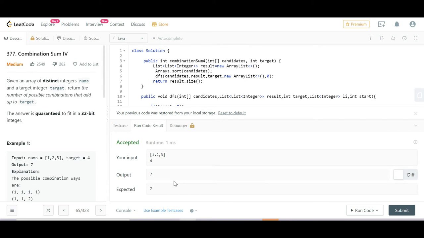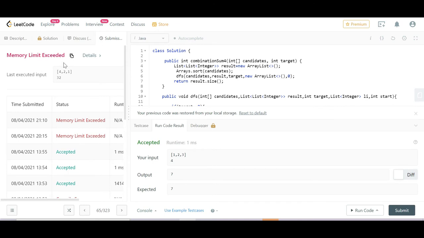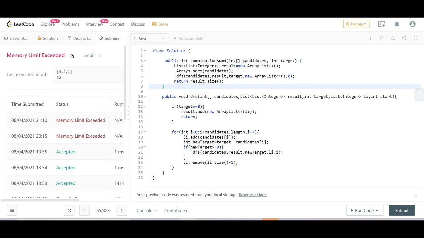But if we submit now, it is saying memory limit exceeded, right? This solution is working for this input maybe, but when I submitted, it is not giving me output because of the memory limit exceeded. Now the question is how we can improve this part. Are we doing something wrong or doing something repeatedly? Can we improve more on this problem? Because we only need the count, not the actual values. So do we have to create all these permutations? That we will check now.